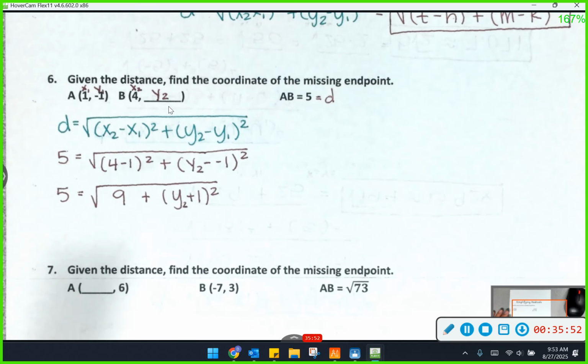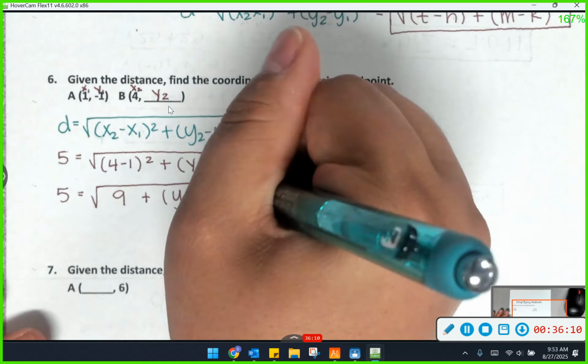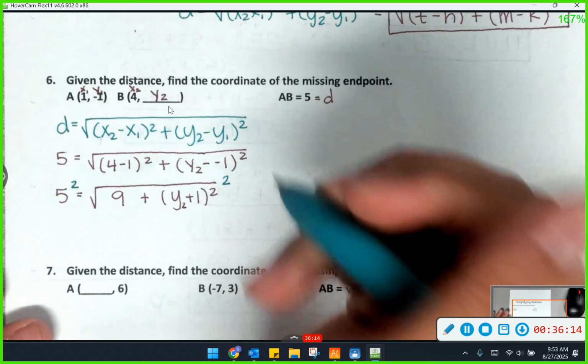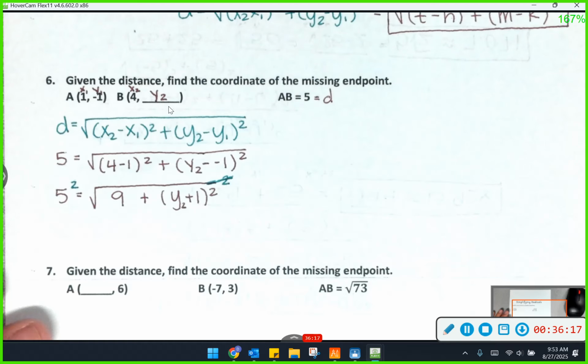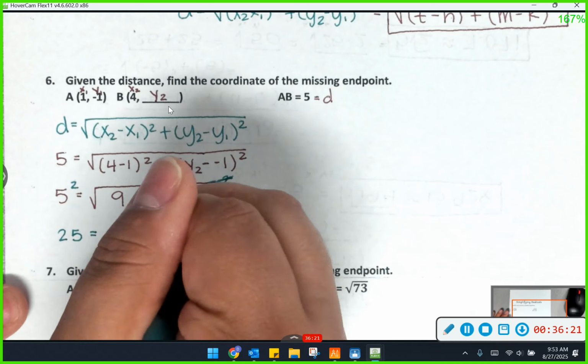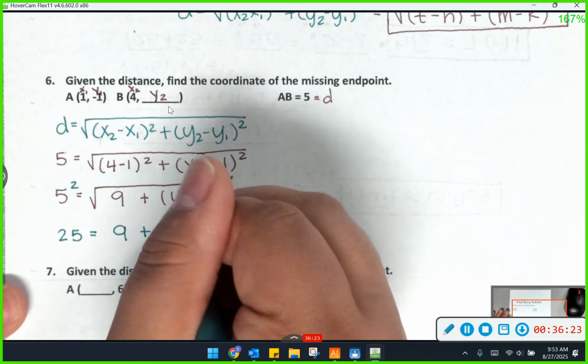Kevin, you have a guess on what to do next? Subtract 9. I cannot subtract 9. It is under the square root. Don't you agree everything's under the square root? Can I get rid of it? Yes. How? Square everything. And what you do to one side, you do to the other. So those do cancel out now. And what's 5 squared? And my square root is gone, so it's going to be